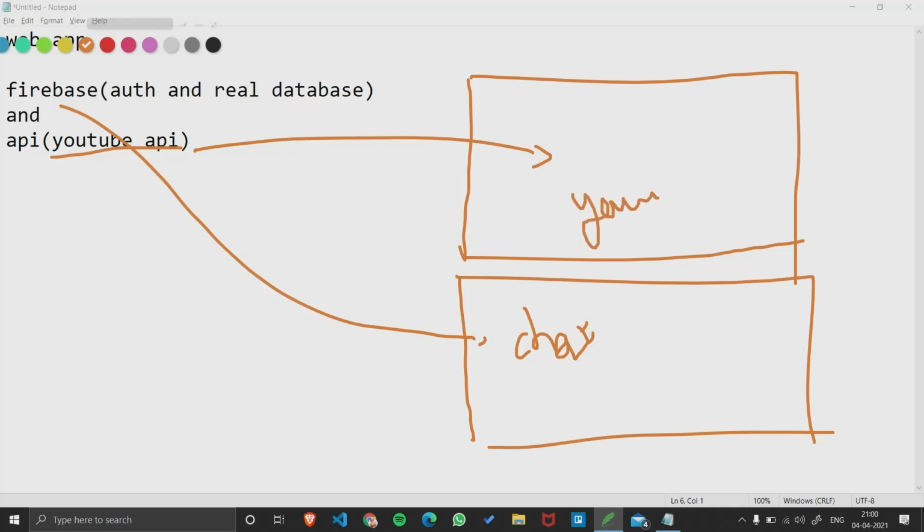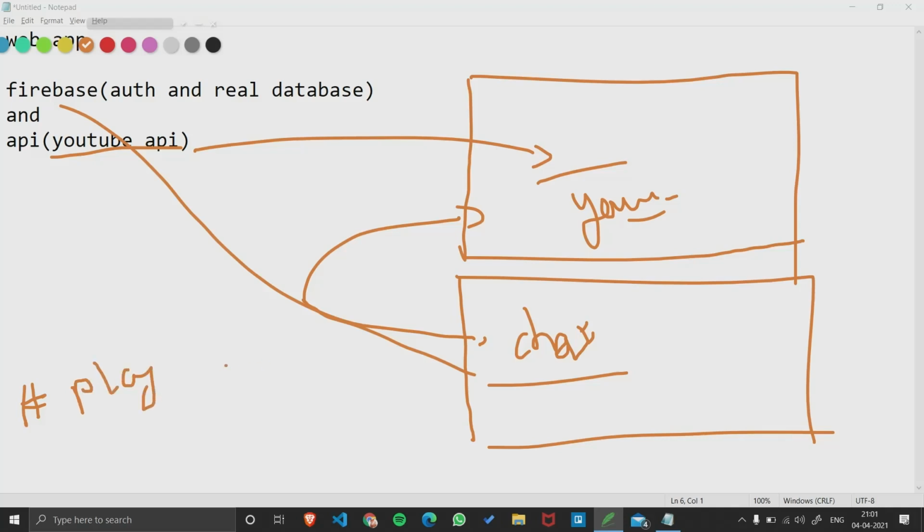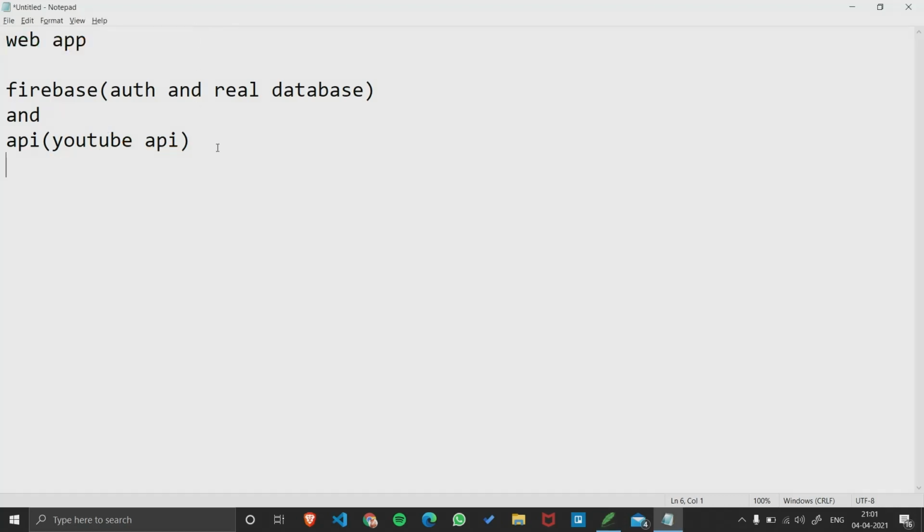You and your friend can chat while watching the same YouTube video, and you can give commands from chat to the YouTube video, like hashtag play this video. Whenever your friend or you press the stop button, it will be applied on both videos. If you stop, his video will stop too, and if you start, his video will start too. He can do the same. Okay, let's start building it.